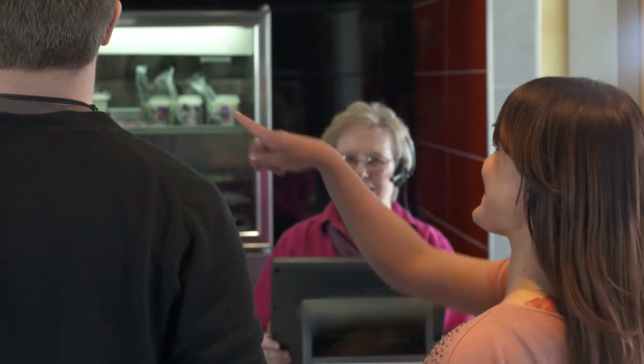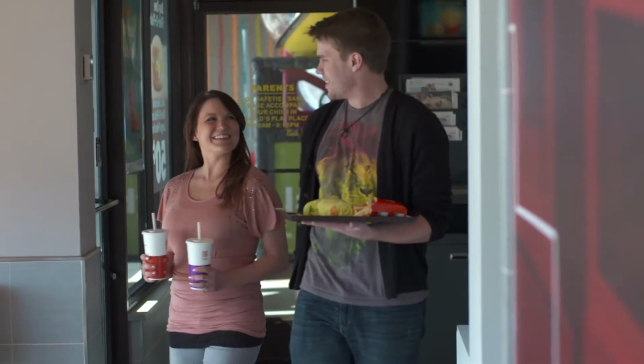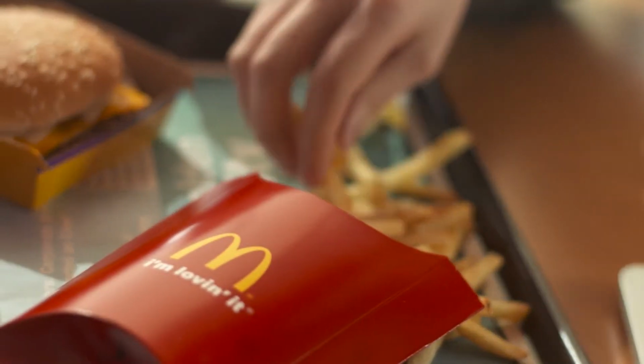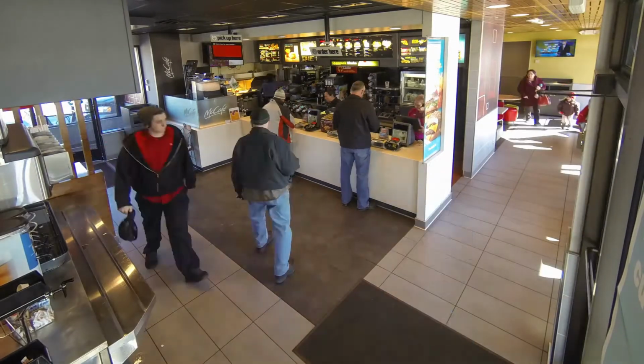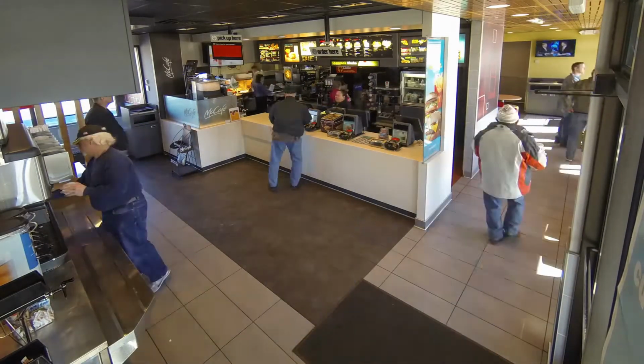As a McDonald's owner-operator, much of your responsibility is to make sure your restaurant is a great place to be. One that's comfortable, inviting, and most of all, safe. To keep your restaurant running smoothly and efficiently, and to help you ensure the welfare of your staff and customers,